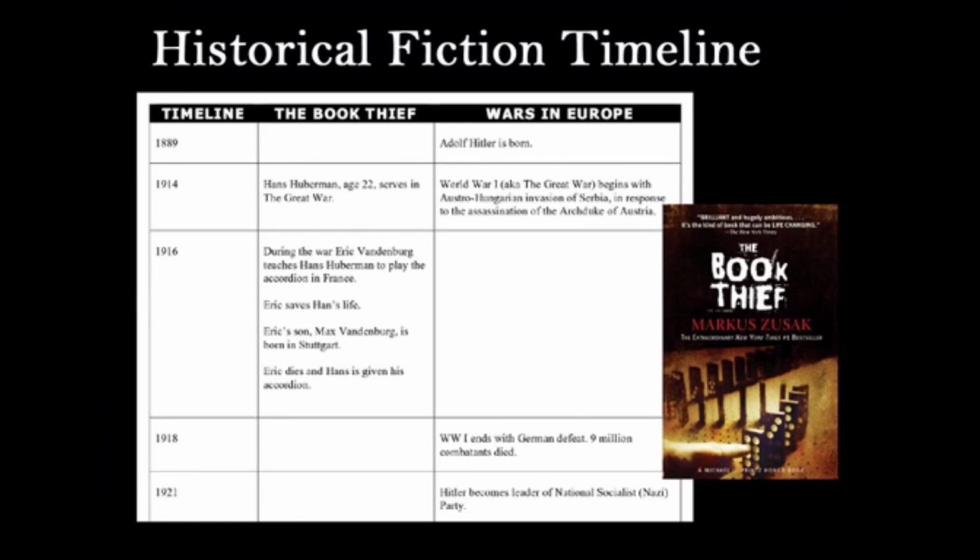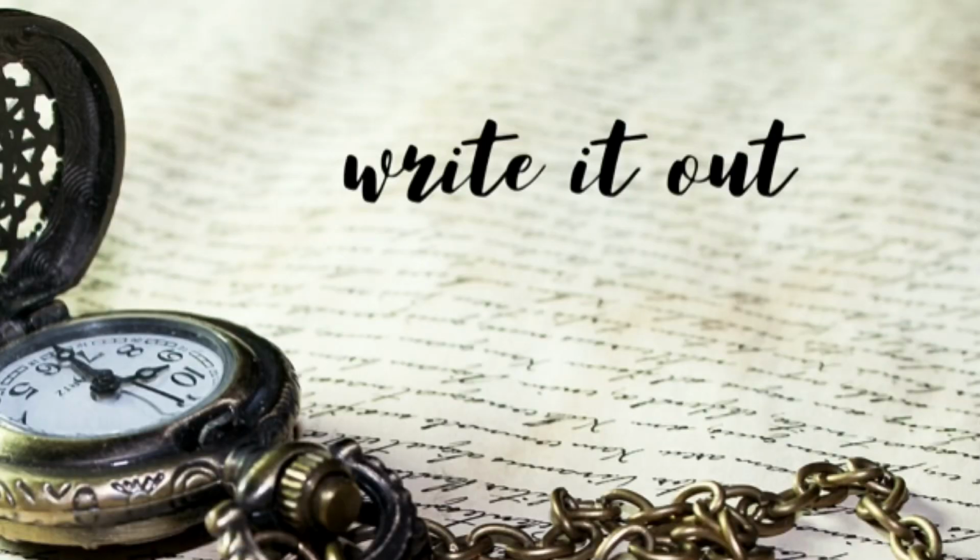It doesn't add a whole lot to the plot necessarily, but it does add a great deal of depth and realism to your story world. If you're wanting to write an alternate history book, create a timeline with 2 columns, one for story world elements and the other for real world history elements. That way you can tie what's happening historically in with what's happening fictionally, and that will really enhance realism in your story.